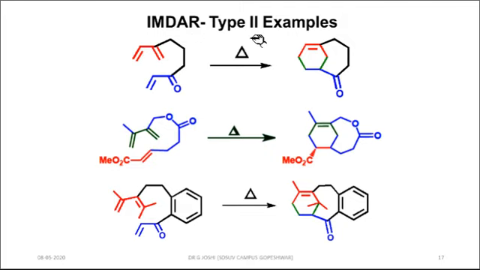Intramolecular Diels-Alder reaction of type 2. In this type, you can see that the dienophile is attached via carbon 2 with a carbon chain, and after cyclization it will result in the formation of a bicyclic compound in which the other ring is 7-member or more. Similarly, the second example and this example.